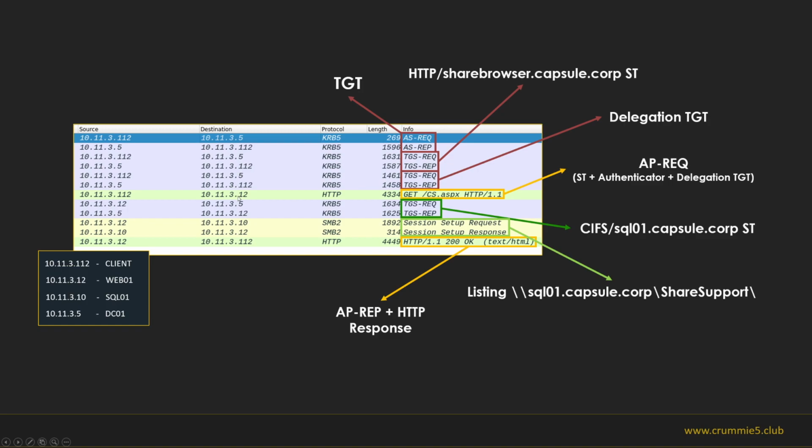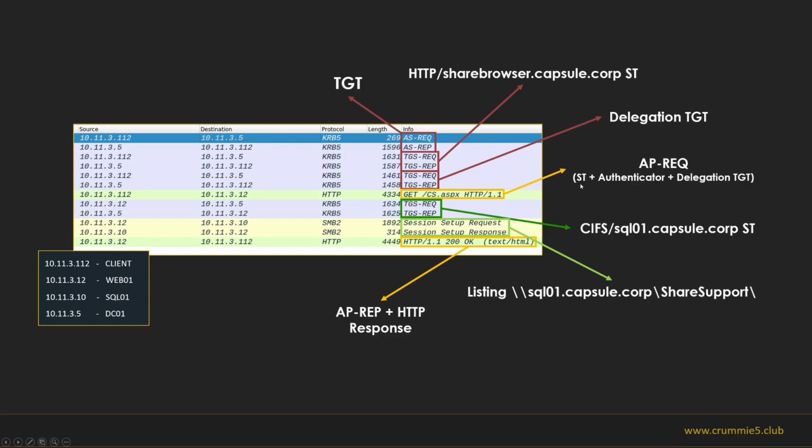Okay. So as we can see, these are all the steps performed by unconstrained delegation. First the TGT, then the service ticket, a regular service ticket for HTTP. Well, it's not a regular one because it has the OK as delegate flag. So we as the client, when we see that flag, respond with a second TGS request asking for a delegation TGT. The KDC expects this second request and responds with a forwarded TGT.